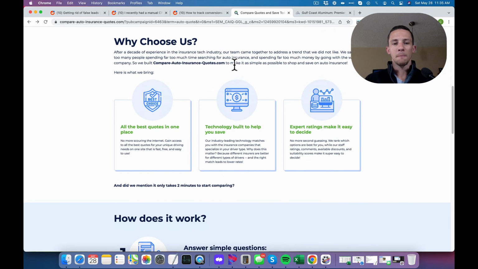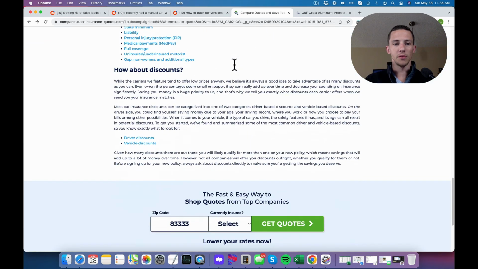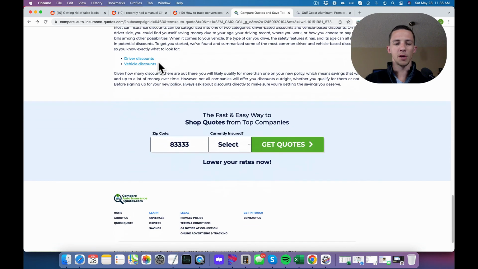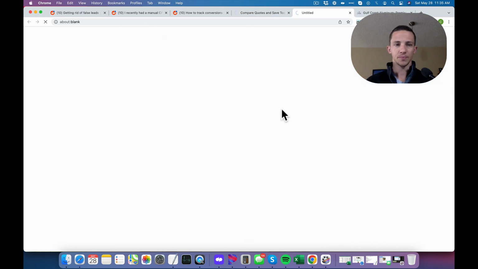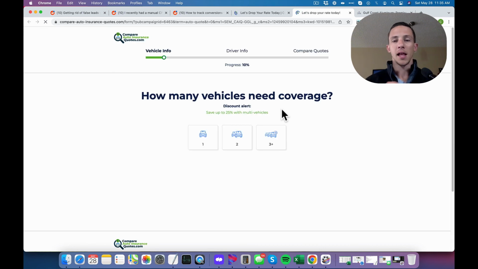But notice on this page, there's nothing to click on really. You can click on this stuff, but there's not much emphasis on it. And there's no phone number to call. There's not a live chat button. There's not a text message us now button. It is one thing. They want you to come through here, put in your zip code, answer the question and click get quotes. Right? So their conversion event, no doubt, is how many people make it to the end of this web form. So it's very important that you have one clear defined conversion event.